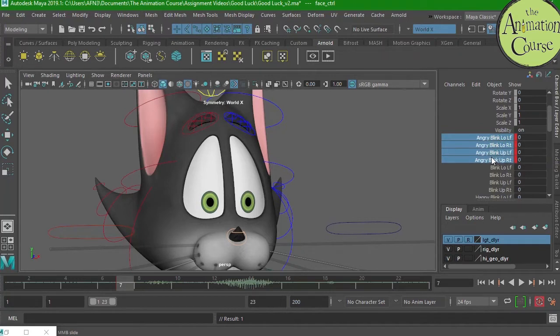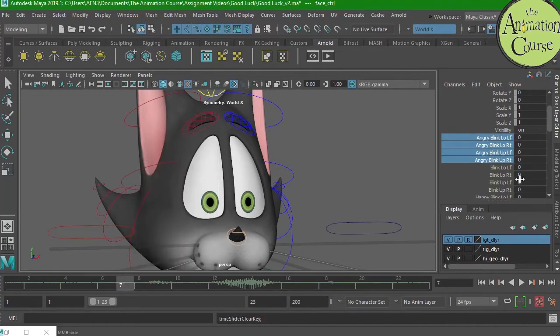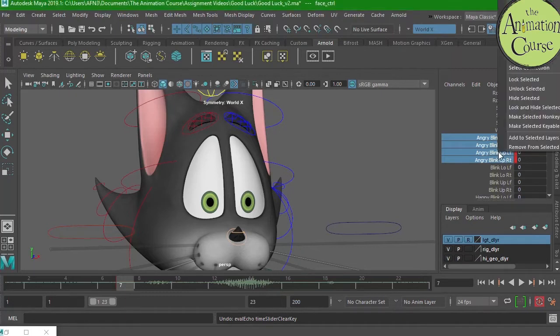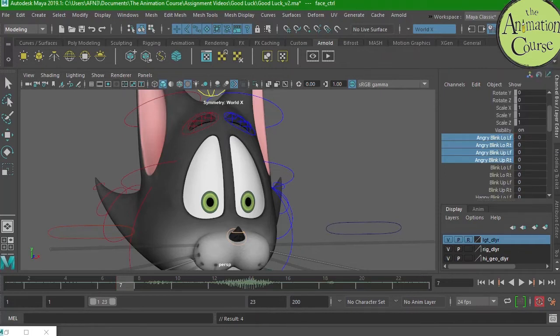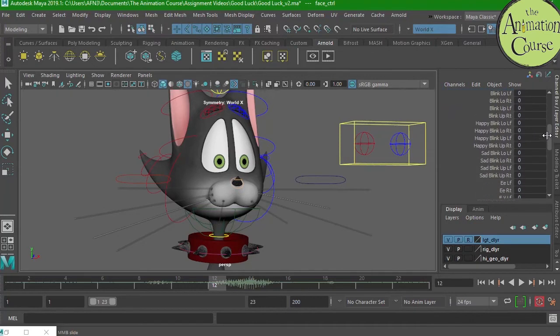If I want to get rid of those keys, I can either right click here in the timeline and go to delete, but that's going to delete a key for everything. Or I can go up to these individual controls and I can hit cut selected. When I do, it will delete the key. Okay, so now that is also going to give me, if I scroll down,